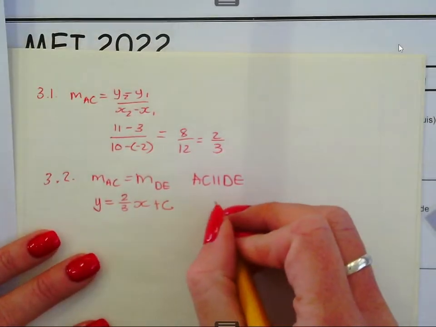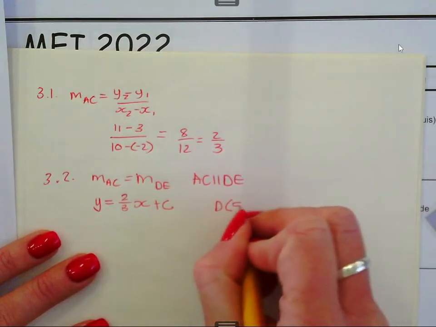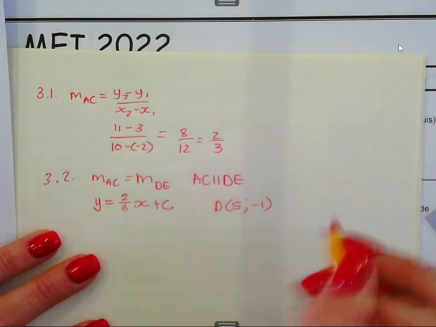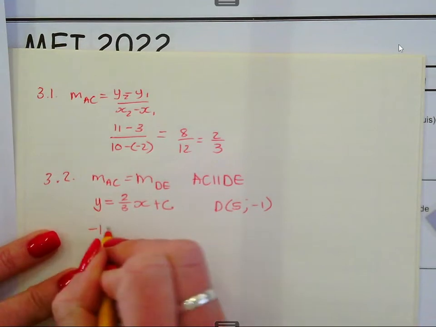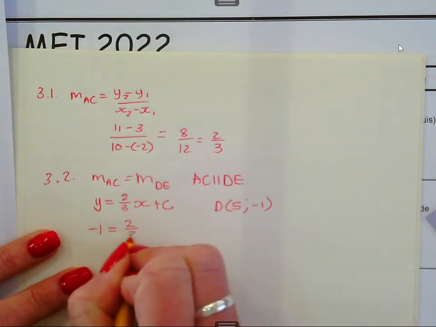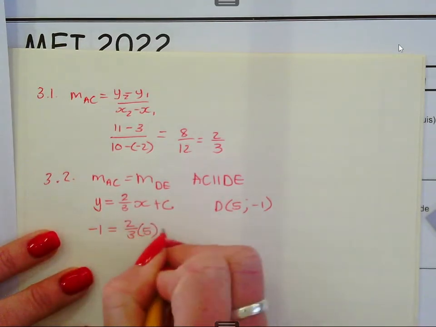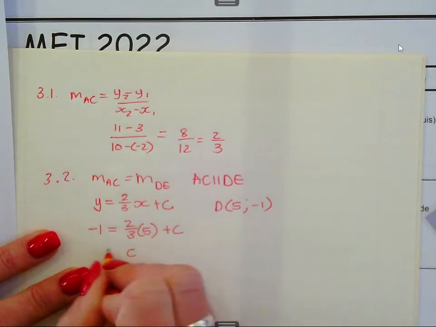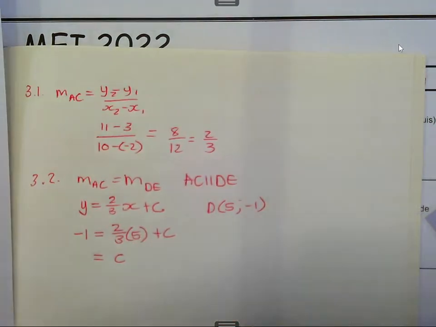So the coordinate I have there is D. It's 5 and negative 1. So I put it in there: negative 1 equal to 2 over 3 times 5 plus c. And then c is going to be equal to